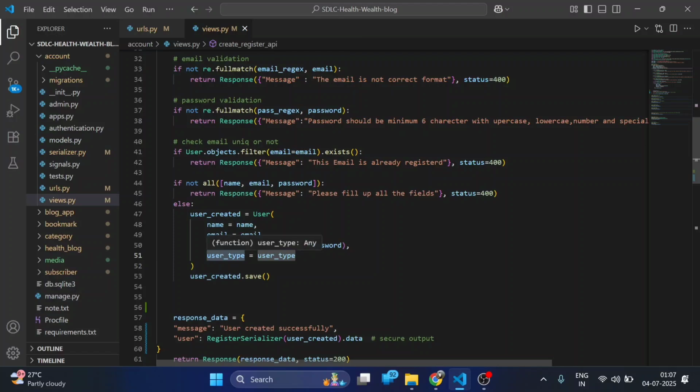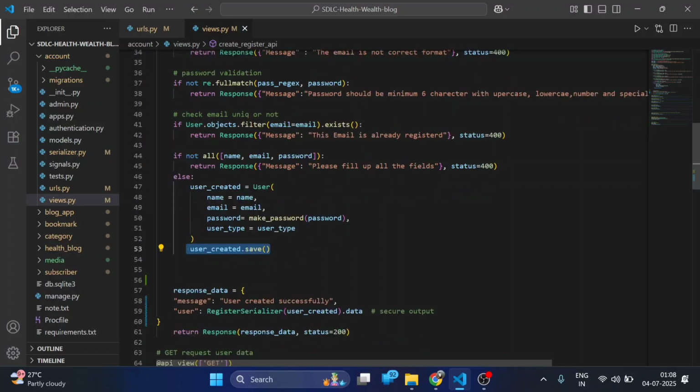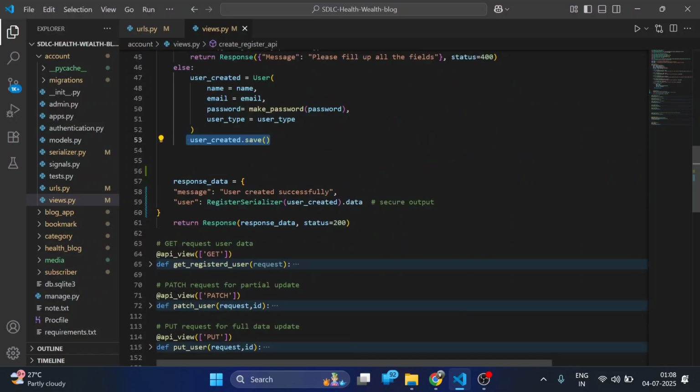This user type is the field of my table present in the database, or we can say an attribute of my user model class, and this is the value coming from the front end. Then after creating an object for my user model class, I am saving that user created, meaning I am saving this object. Then I am preparing a dictionary with the name response_data, where I will pass the message as user created successfully,